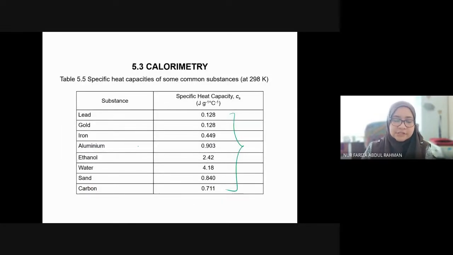So different substances may have different specific heat capacity, the ability to accept heat, okay? Before it rises by 1 degree Celsius, the temperature rises by 1 degree Celsius. Look at which is the highest: water. The rest, like metal, no wonder metal heats up quickly, because its heat capacity is very low. Water, on the other hand, is quite high compared to the others. So it needs this amount of heat for 1 gram of water to increase the temperature by 1 degree